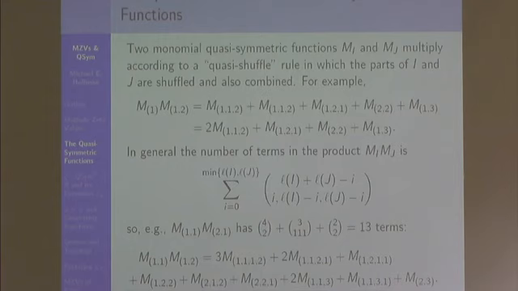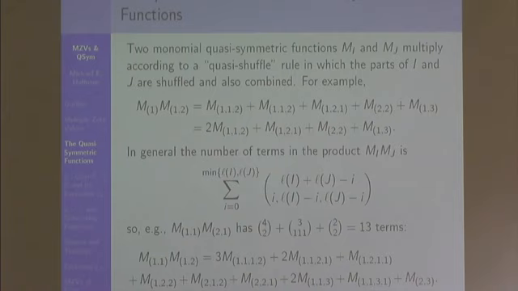Of course, in the shuffle algebra, it's just one binomial coefficient. Here you've got a whole sum because basically this is a multinomial coefficient, actually. So this is this factorial divided by the factorial of that times the factorial of that times the factorial of that. So, for example, if you multiply m sub 1,1 by m sub 2,1, you get 13 terms,